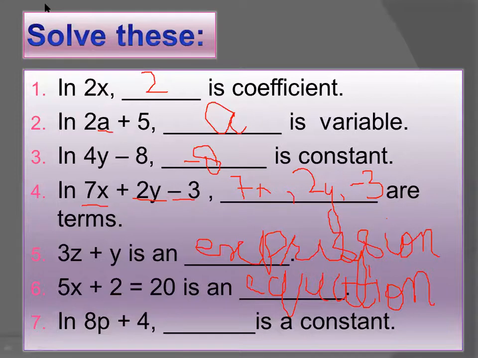Class, what will be the answer here? Very good. That is very good. The correct answer is 4. Okay. So what is the answer here? You will simply write plus 4. If you have minus 4, then you can write minus 4. But here you can simply write 4 is the right answer. Okay. 4 is a constant. So I think it is clear to all of you. So move on to the next one.